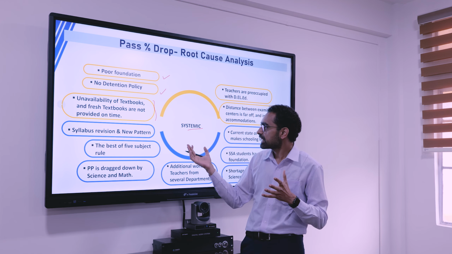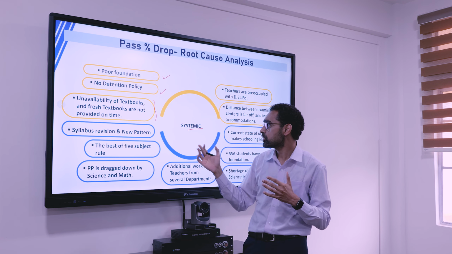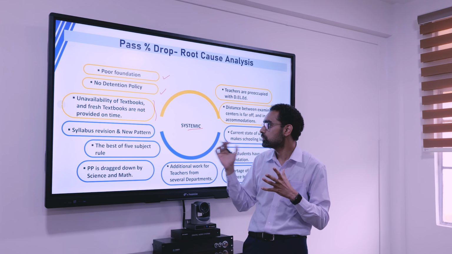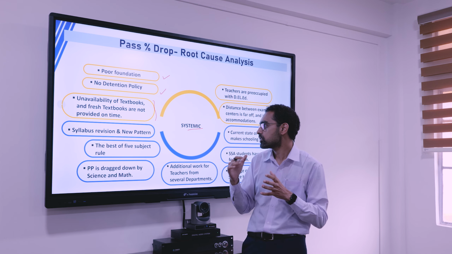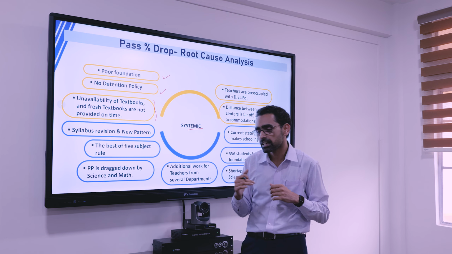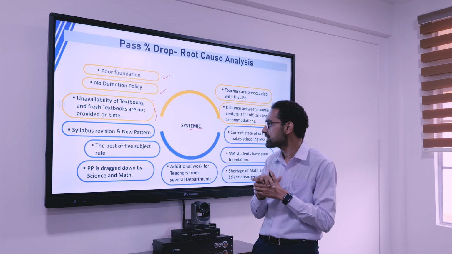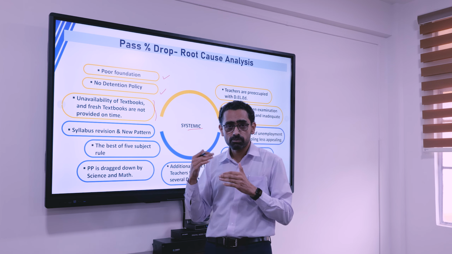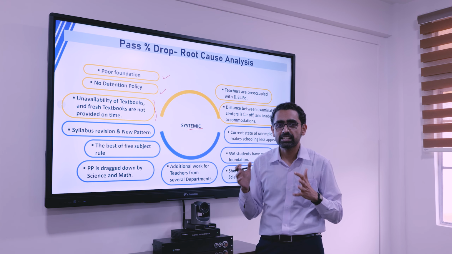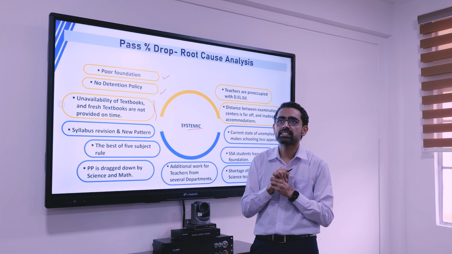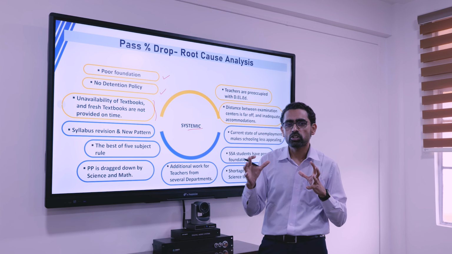Now, there are other factors like revision of syllabus, new patterns coming up, and new ways of teaching and methodology. A lot of edtech is coming up, multimedia teaching, etc. All these things are there. Whether it is being used optimally or not, that is what we have to ensure. And one of the reasons why it is not happening is that a very small portion of teachers are covered